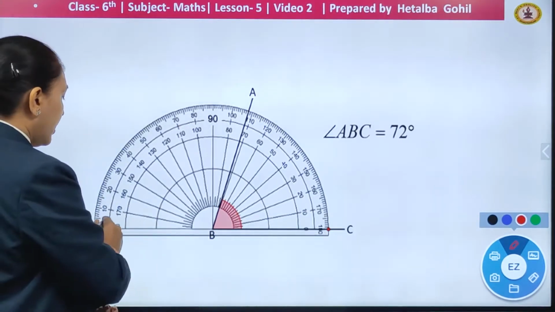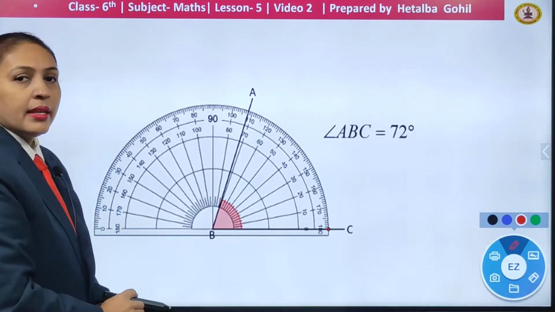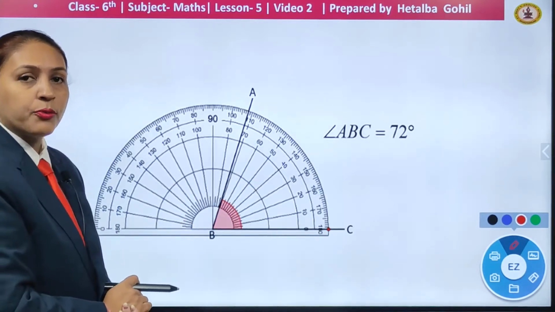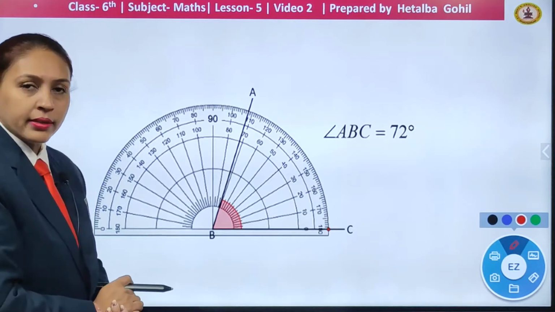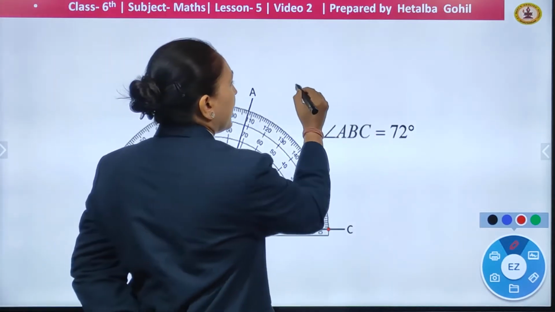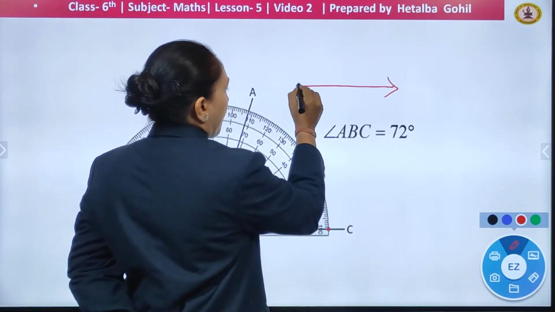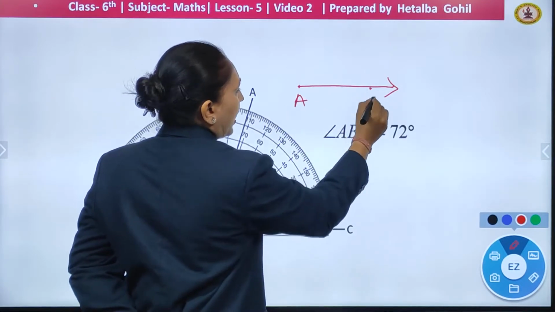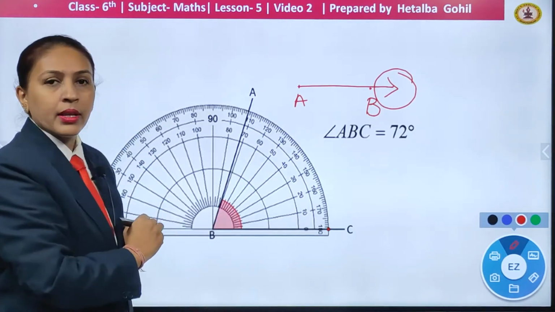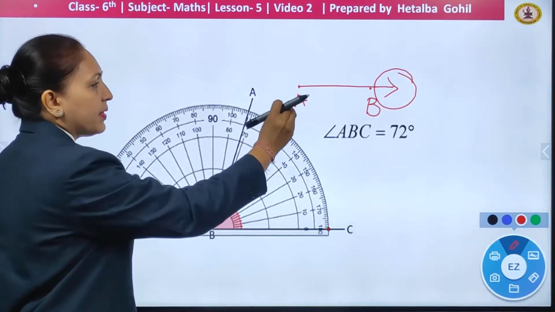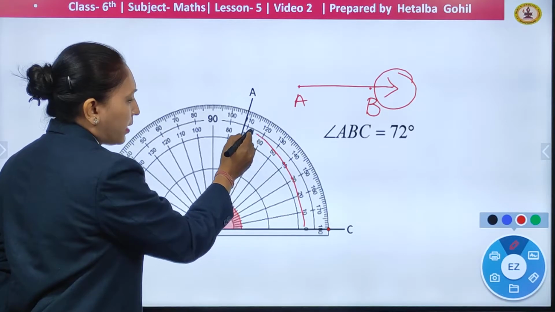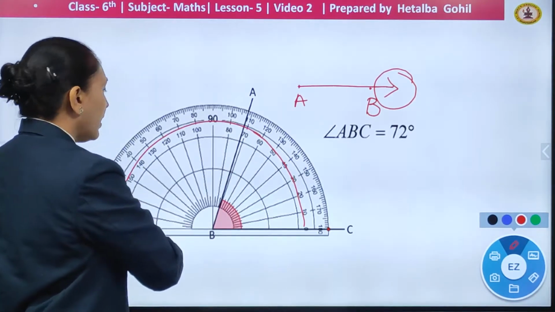But here two zeros are given, one on each side. That will depend on the side you are going to take, children. You have to be very careful about which side zero you read. As we go with the exercises, I will teach you. For example, whichever side the arrow is facing, you start reading from that side's 0. This is the basic thing you should understand. So here my arrow is on this side, so I will start 0, 10, 20, 30, 40, 50 and move in this direction.